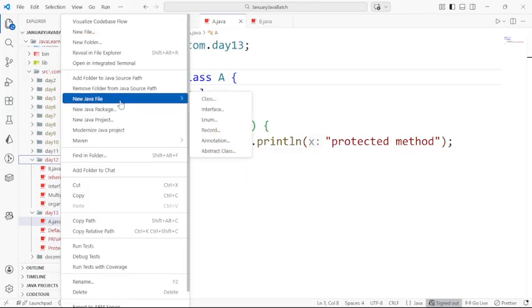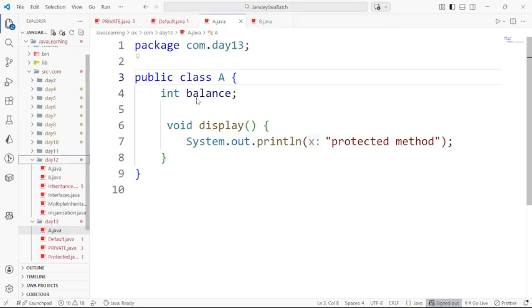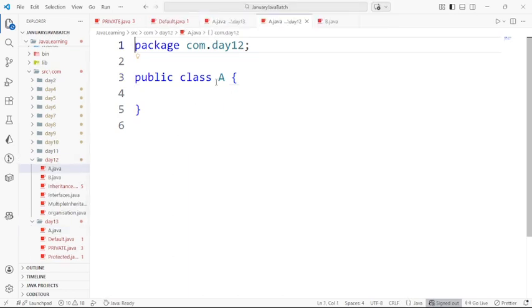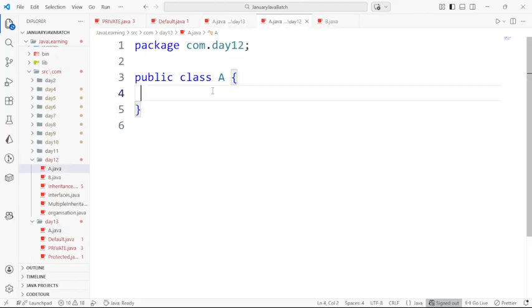New file, class A. Public class A, and here also public class A. I declare int balance equals 123,